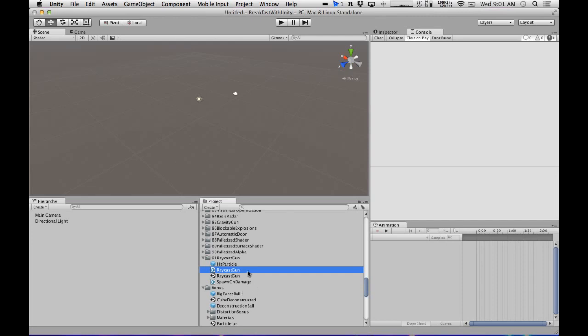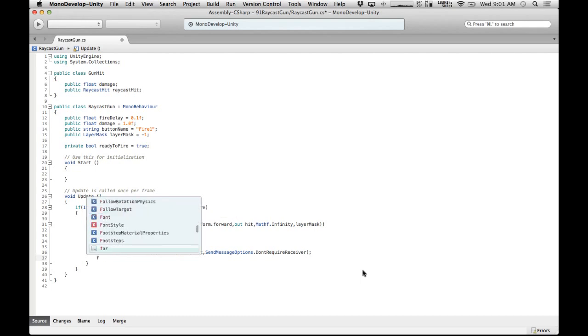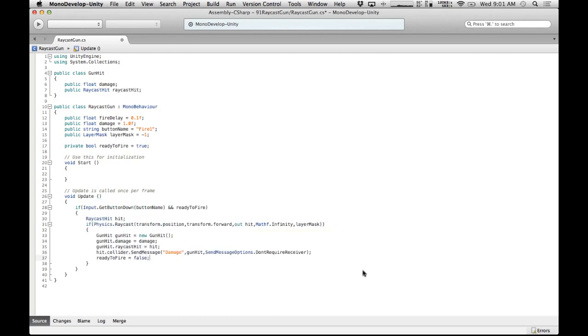So, where was I? Raycast gun. We have this fire delay, but we're not actually using it. So, let's fix that real quick. What we're going to do is add a couple lines here. We're going to do fire delay, ready fire equals false. And we're going to run invoke, what should I call it? It's called fire delay invoke